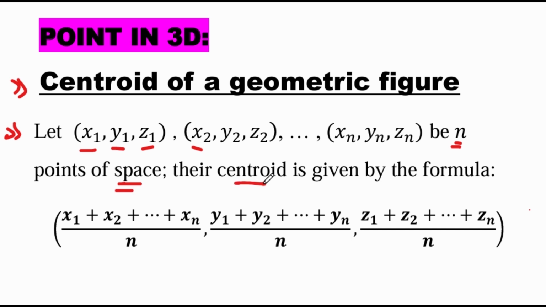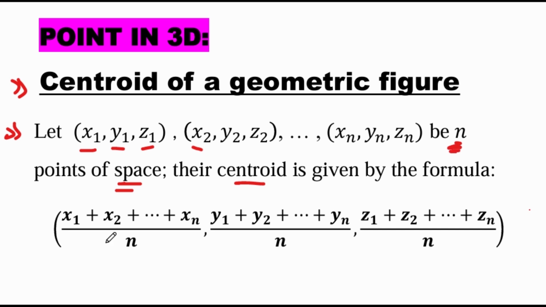Then the centroid is given by the formula. The formula is x1 plus x2 plus up to xn divided by n, y1 plus y2 plus up to yn divided by n, and z1 plus z2 plus up to zn divided by